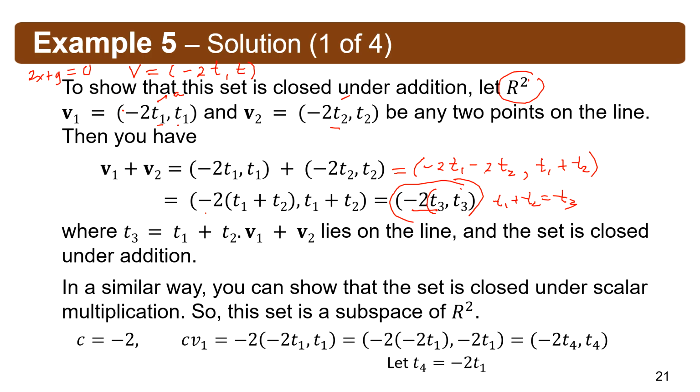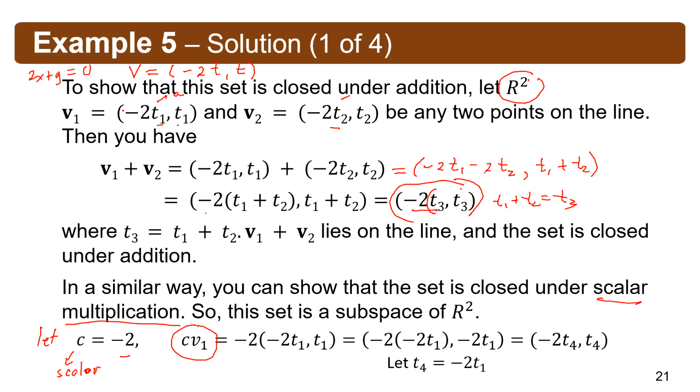What about the other property that you have to show? Is it closed under scalar multiplication? Okay, is it closed under scalar multiplication? So if I say my c is negative 2, then this one must hold. I let c equal to negative 2. And again, your c, the scalar, is any scalar, any real number.